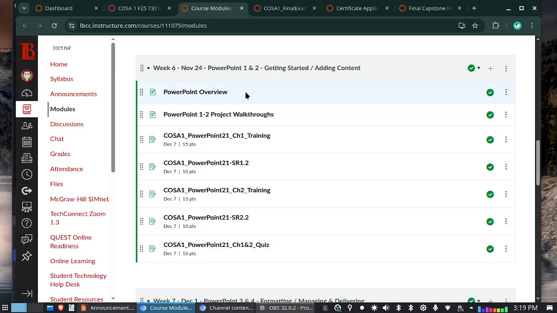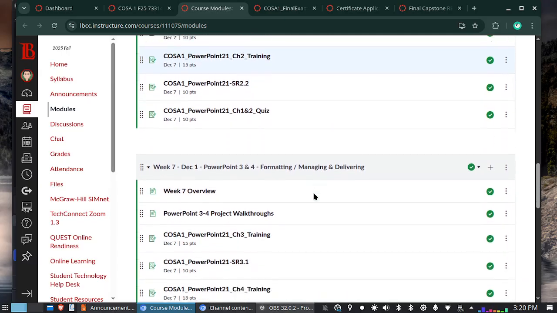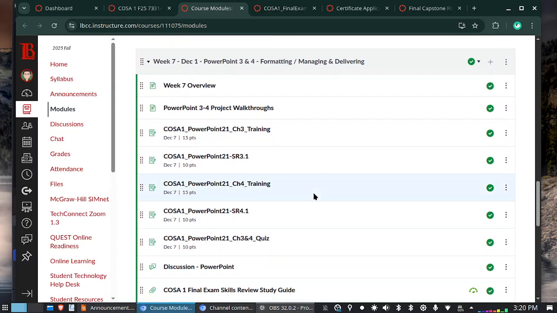Online folks, you know the drill. You just basically go through and complete the assignments. Do keep in mind that you need to download the resources file for SR 2.2 in order to complete step 16 on inserting an audio file. Again, you need to download both the start file and the resources MP3 file for SR 2.2. So that's week 6. And as I mentioned, weeks 7 and 8 will open together on Monday, December 1st.